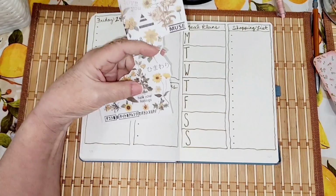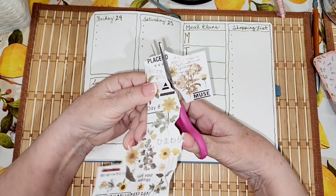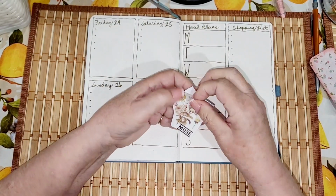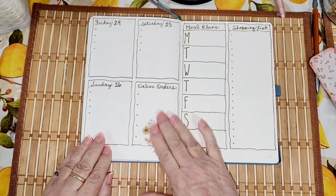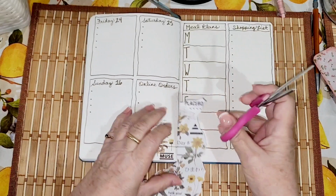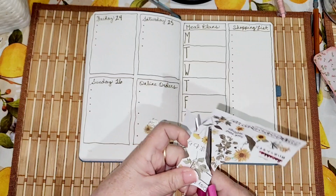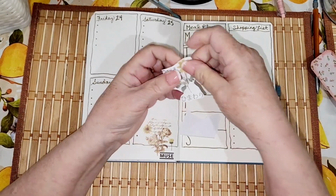Okay, I'm going to use some other pictures out of the book as well. So I'm loving this. And what I'm going to do is I'm going to take this whole section because the writing in this goes over this flower and this flower. So I'm going to take this whole section. I like this. It says day 8. I have no idea what day 8 means, but who cares? I'm going to take this little bit of writing right here with this as well